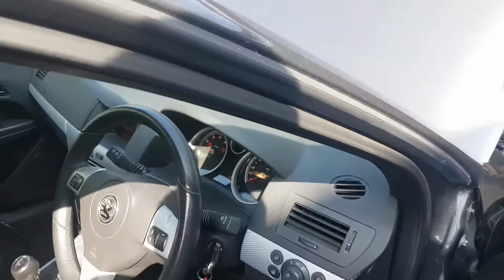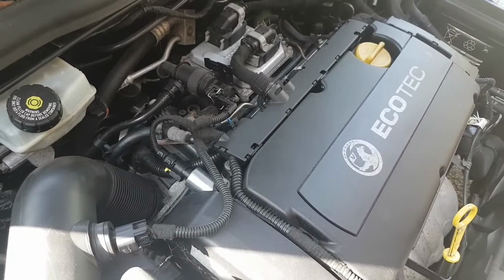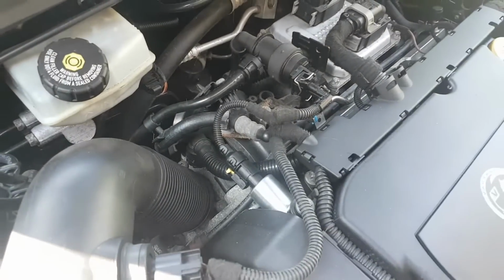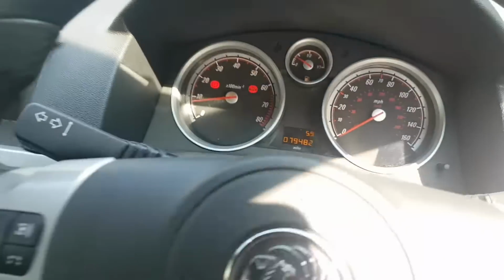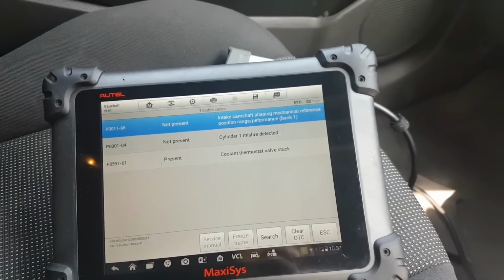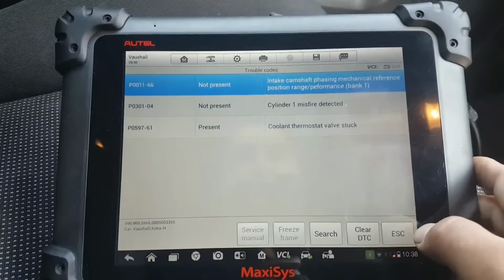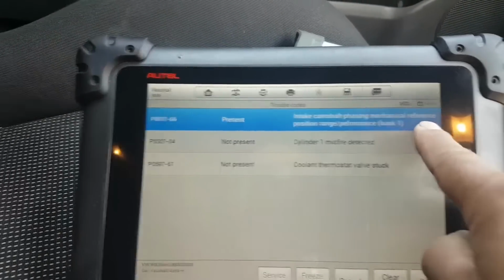Let me show you this. Yeah, it's not struggling to hold the revs, but it is definitely surging. That's a new one. Not really sure why that code is there now. There we go. So the engine light now came on with the engine starting to warm up. Let me see which code is present. I know we have that coolant thermostat, but I don't think that's the one. There we go. So that's the one that is actually